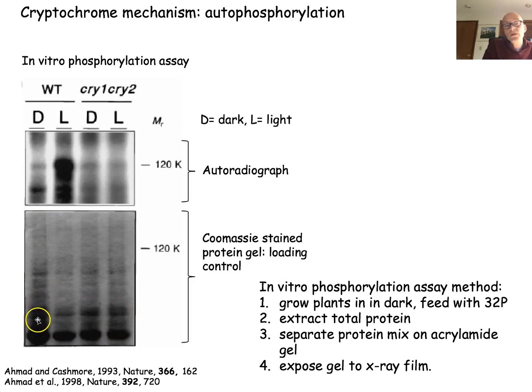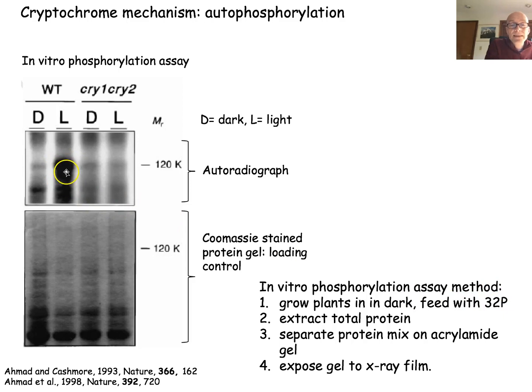and they show that, pretty much as a loading control, to say we have about the same protein amount in every lane here. But now they specifically did this experiment with wild type in darkness. So they kept these plants growing in the dark, or they exposed them to light. And they did that with the double mutant Cry1, Cry2 in the dark or the light. So when you take your plants, grow them in the dark, feed them with the radioactive label, and then put them in the light, there's one protein that seems to be picking up a ton of this P32,